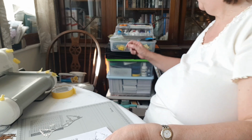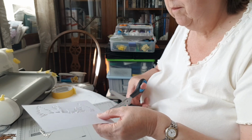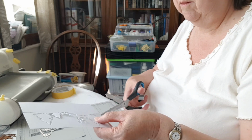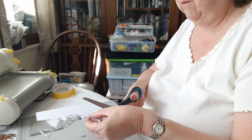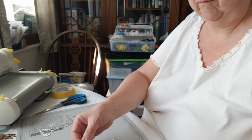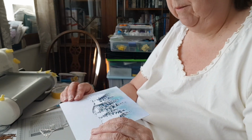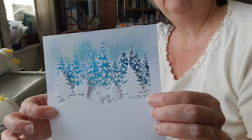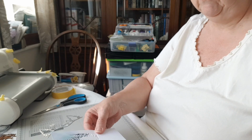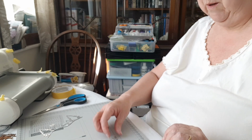So this die, you have to finish off the cut. Get that one right. And then you need to decide how far down they're going to go. Okay, something like that. And what I did was I got all this lined up, and then I used a square die to cut my scene out. So if I stick that down where I want it,